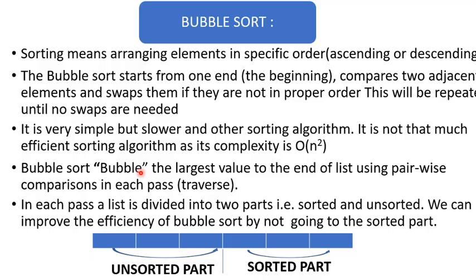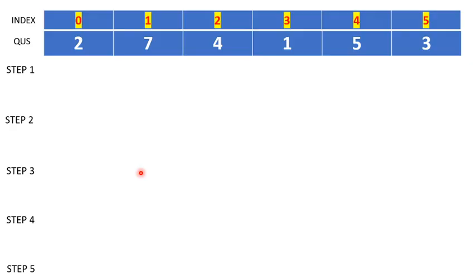Okay, now we will directly come to the example. In the example, we have a list 2, 7, 4, 1, 5, 3, and the index of each element is given above. Now what we will do, we will scan each and every index, and if while traversing the index swapping is required, we will do swapping also. Okay, now in step 1,